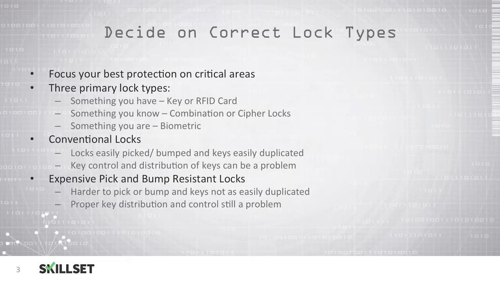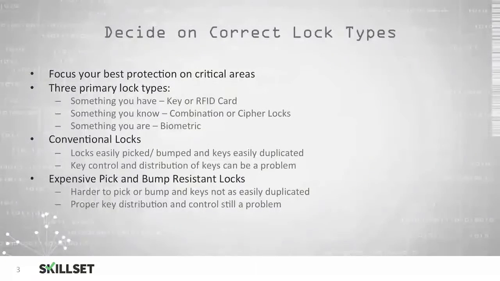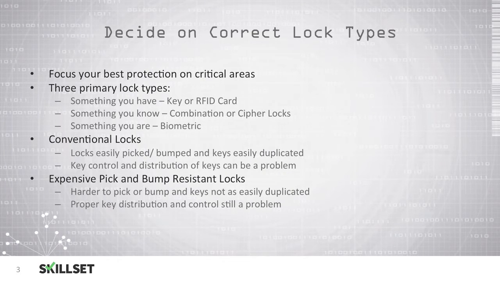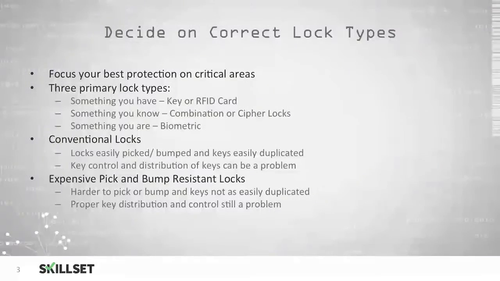A bump key is a tool commonly used by intruders to gain access to a locked door that they do not have a key to, and you should be familiar with the term bump key for the CISSP examination. With conventional locks, you have to worry about how you're going to distribute keys to your employees and how you will recover keys from employees who are no longer with the company. You also have to worry about employees making unauthorized copies of the keys, so even when you take back the key that you issued them, they still have another copy and therefore can access your facility.